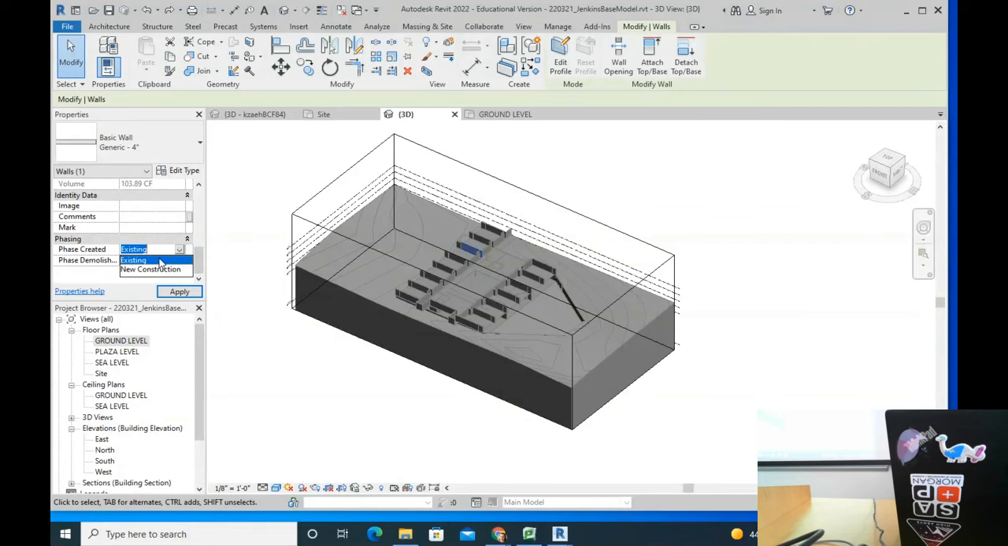How do I know? Select one wall. And then go down there under properties. Yep, you did it, you're good. Okay, good work. Yeah, try that. And then over here, change it to existing. Did yours work over here? Select one wall. Yeah, you just select a new wall